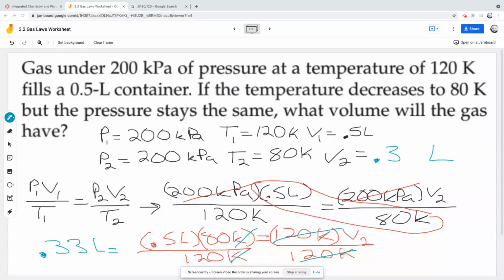Okay, let's do number 5, and then by the time we finish number 5, it should be